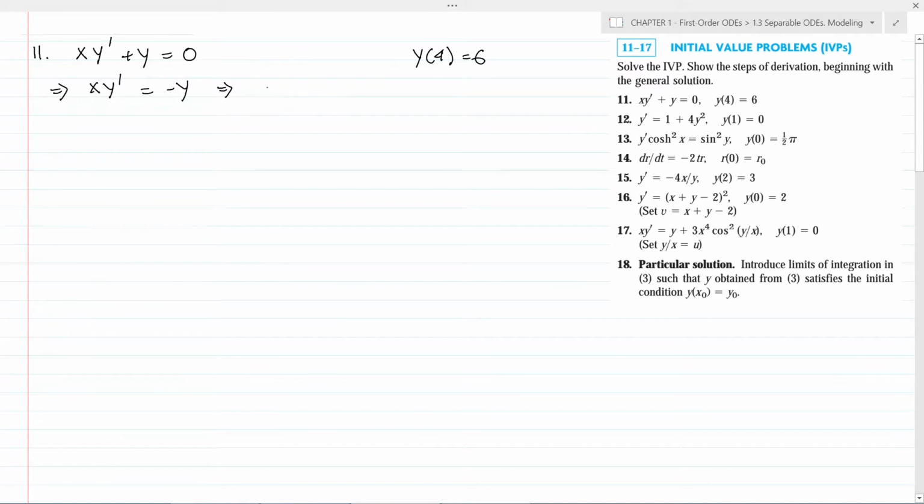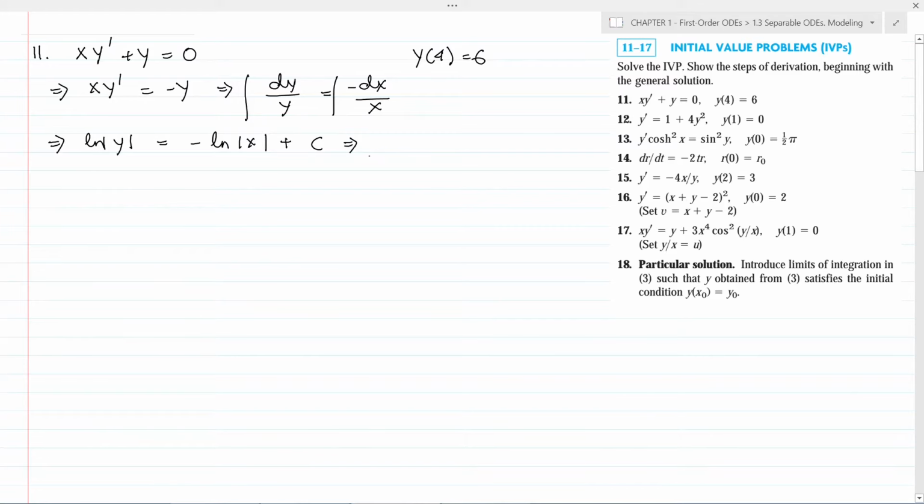which implies dy/y = -dx/x. If we integrate both sides, this implies natural log of |y| is equal to -ln|x| + c,